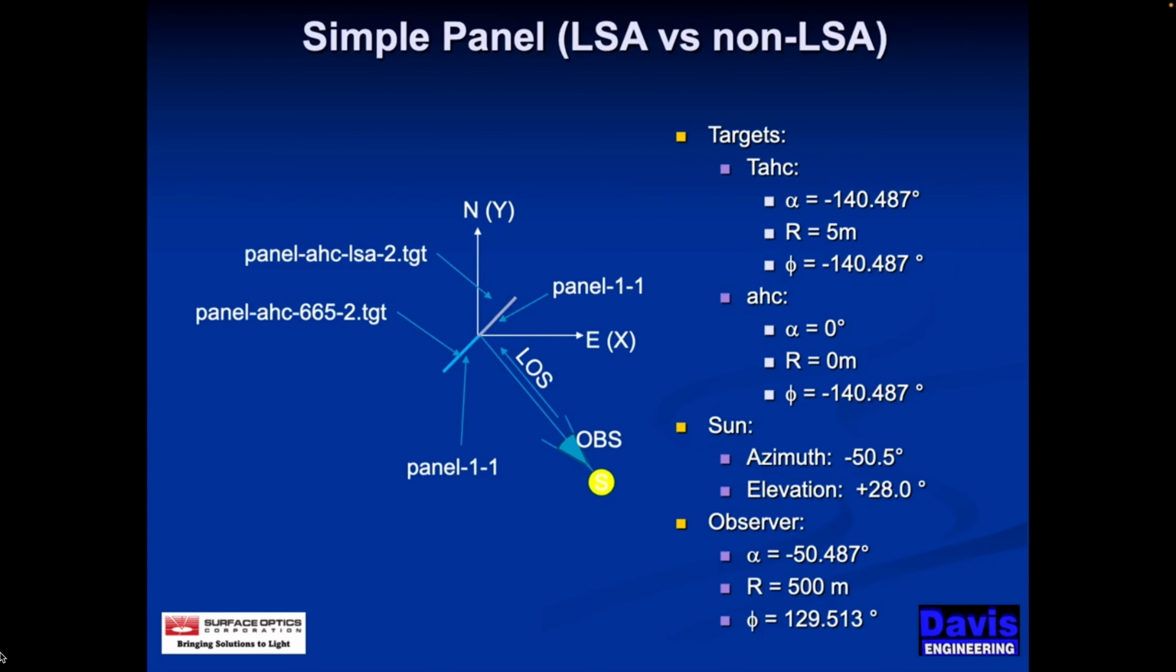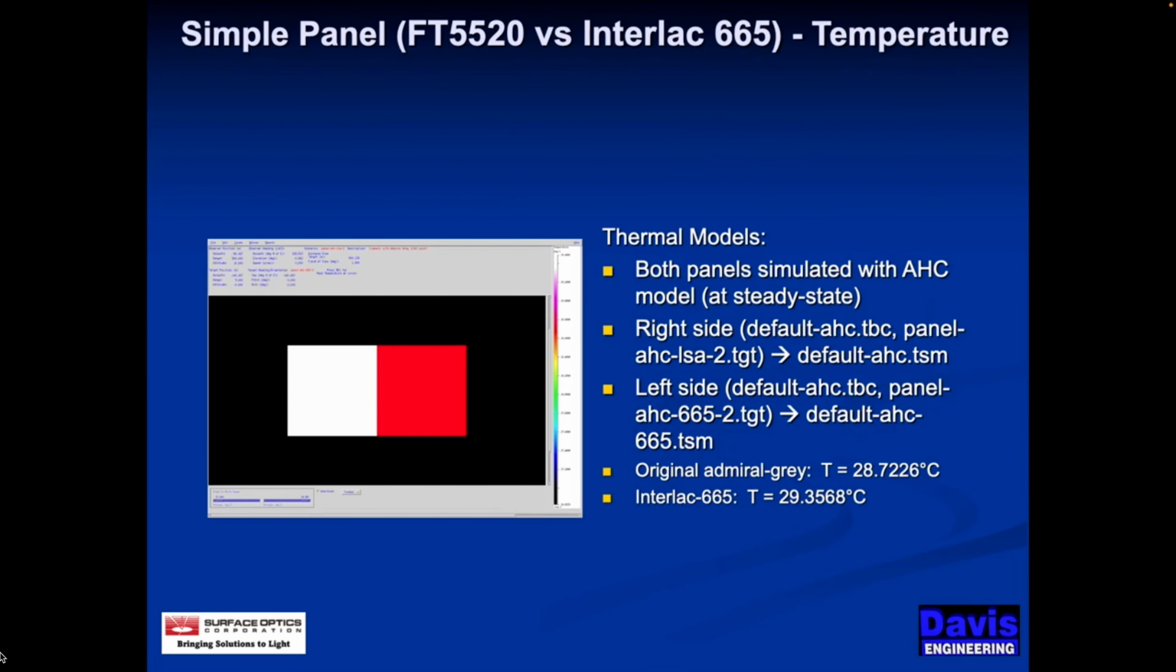The second example is the vignette where we compare the two paints, the older LSA paint and the non-LSA paint. I kind of skipped over this in the first shot, but in both of these cases I've just shown you, the sun is illuminating the panels and the observer is in line with the sun behind him. Here we get different temperatures because both are using the film cooling model. Okay, so the LSA paint is lower in temperature,